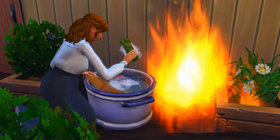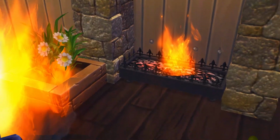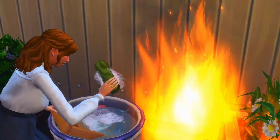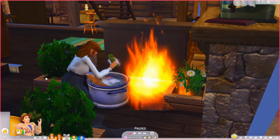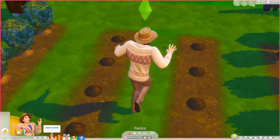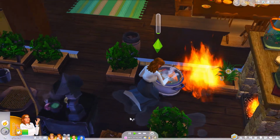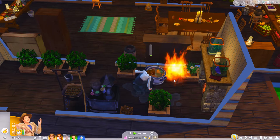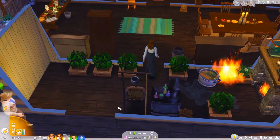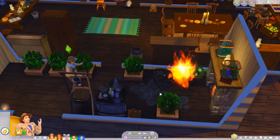Since when? I've been playing this save for a little while and never had the fireplaces go off. Okay, Claire, go ahead and put the laundry down. Oh, this is ridiculous. We were having such a nice peaceful morning. Extinguish this. Oh, the laundry's on fire. This is a whole bucket of water. Like, how is...